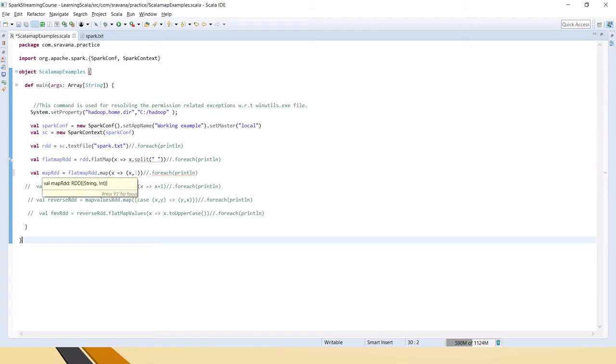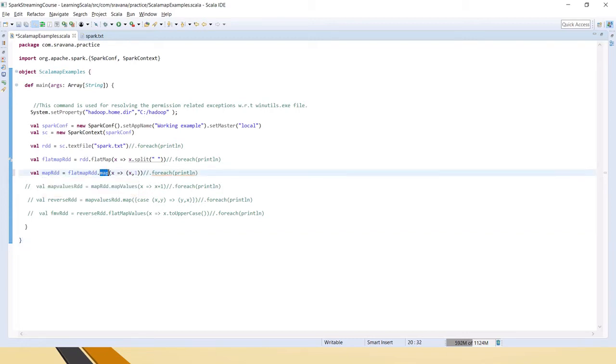Now if you see here, in the earlier cases, for the RDD and flatMap RDD, the type is RDD of string. But here it has become RDD of string comma int. So it became a pair RDD. For making that pair RDD, I have used this transformation, map.